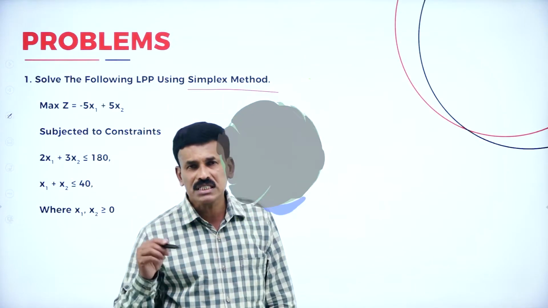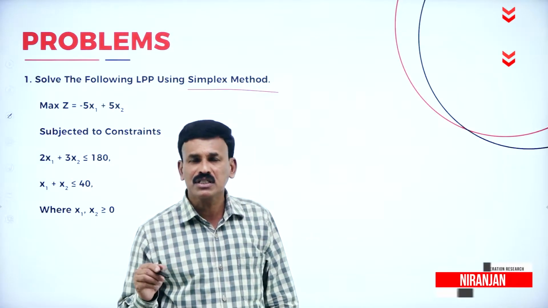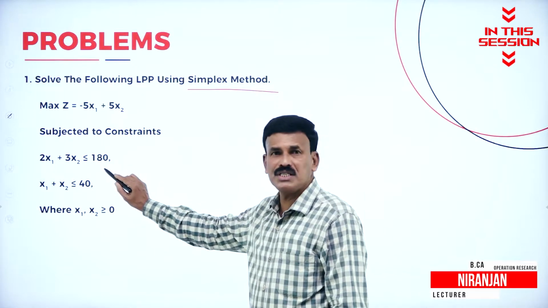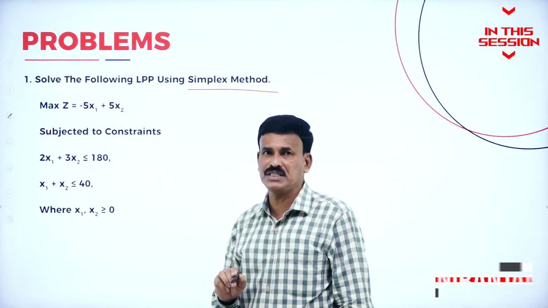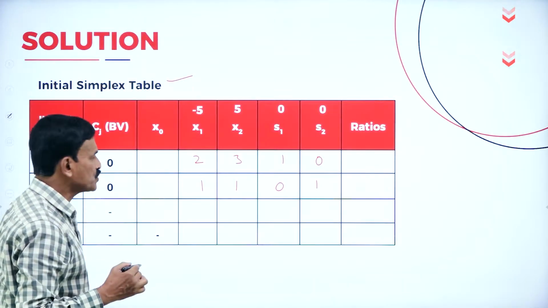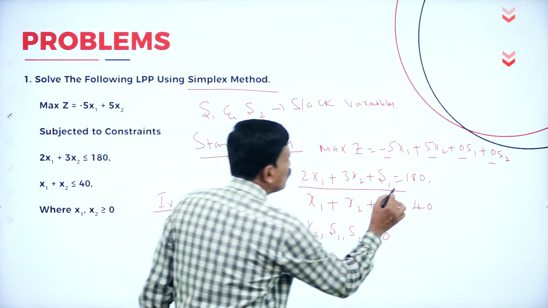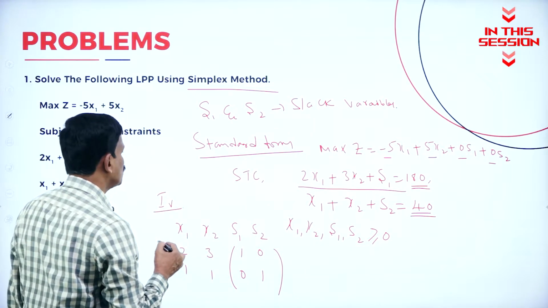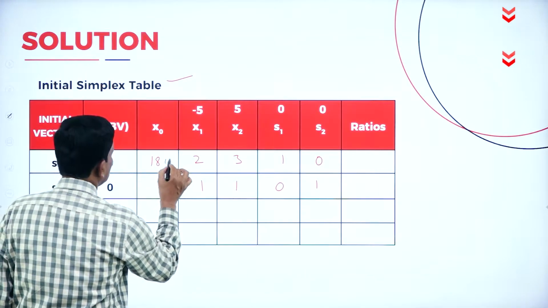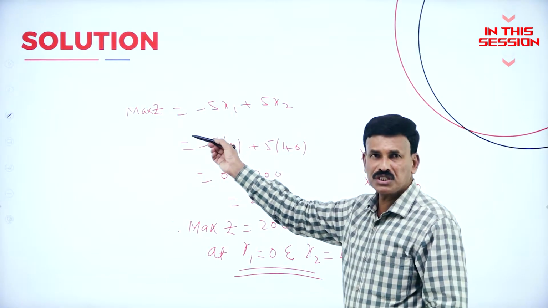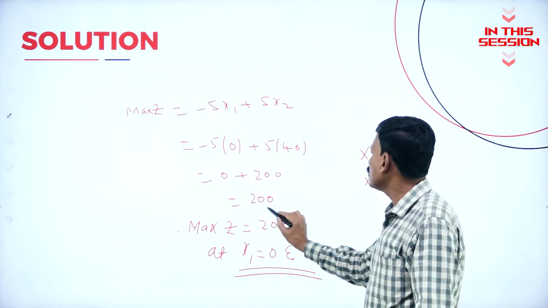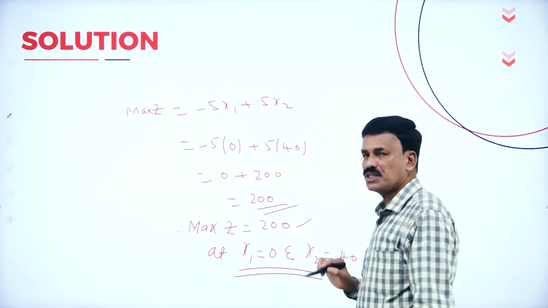The very important basic step is to add the slack variables S1 and S2 for the constraints to convert these inequalities into equalities. And the values of x0 are found to be, for the first equation 180, for the second equation 80. So this is 180 and 80. After substituting these values of x1 and x2 in the objective function, max z, we are going to get it as 200. Hence,